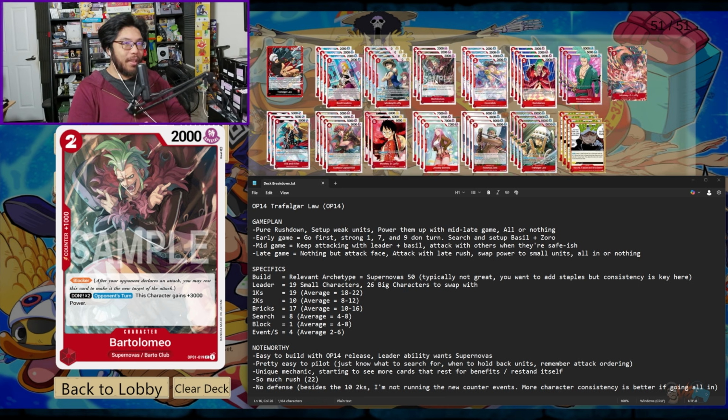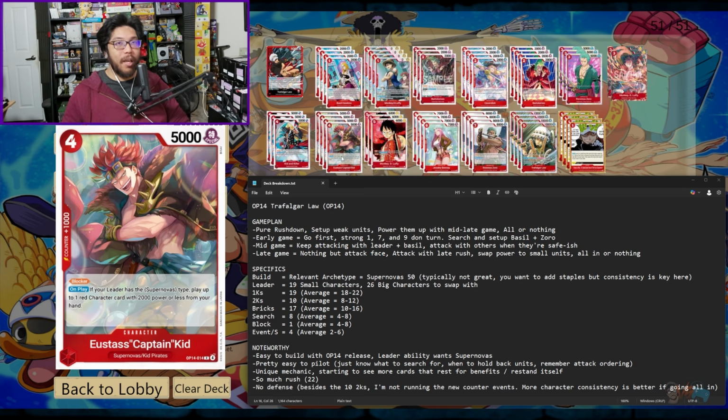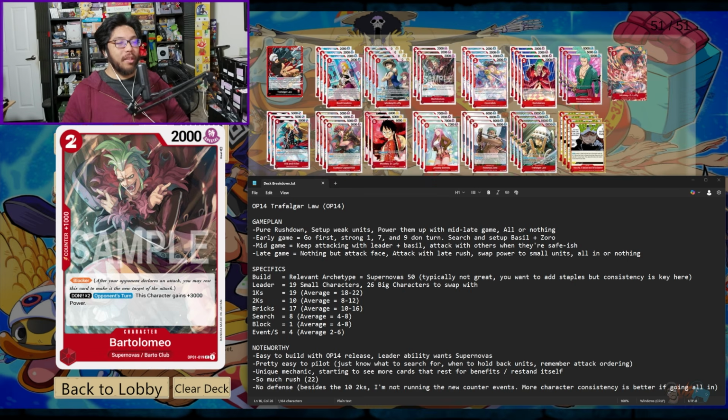Now, the first ability, blocker, being a 2K is extremely powerful. First of all, it's a nice chump blocker. It can be played out with the Basil Hawkins, and of course, it can be played out with this upcoming Kid that we're going to be talking about. So this is good for getting it out just in general. If you go second, and you don't have a Barto or Luffy or whatever, this is not a bad card to play. It's a blocker for potential turns,